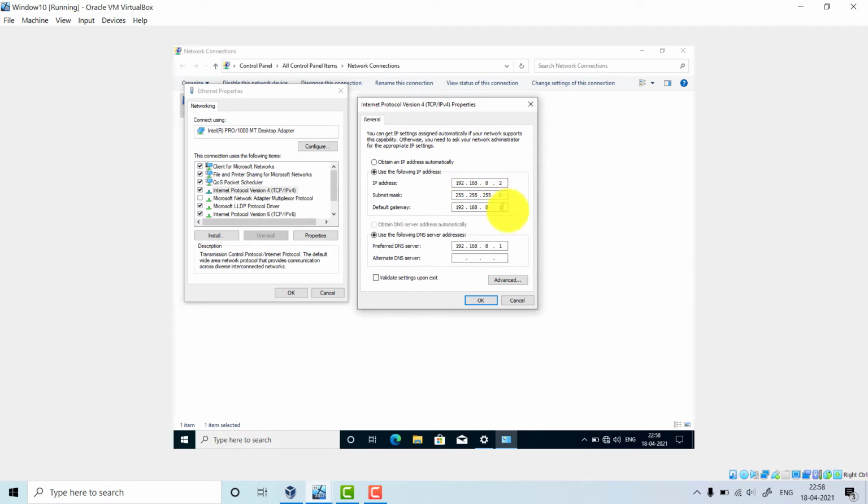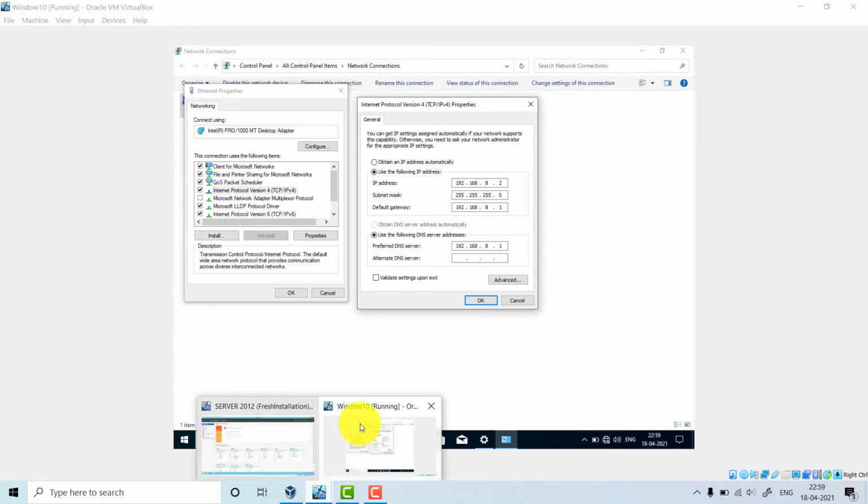Now I want the DHCP server to give an automatic IP to this machine, and we can define which range of IPs we can give. I will tell you all that. For the time being, I am keeping it as it is and not doing anything. I am just showing you that I have given the IP address manually to the client machine.